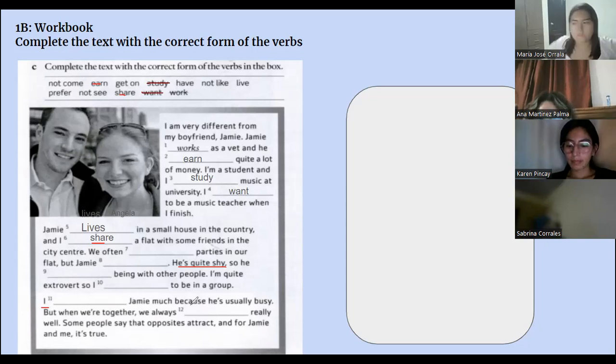What about here? I don't see Jamie much because he's usually busy. Is it "doesn't" or "don't"? I don't, because I'm talking about myself, right? I don't see Jamie much, because he's usually busy. He's a vet, he's a doctor, right? But when we are together, we always